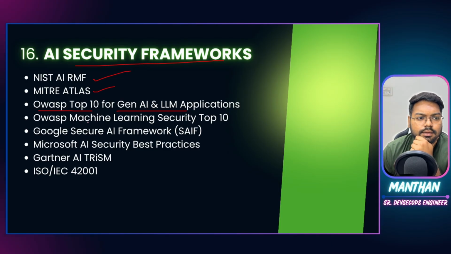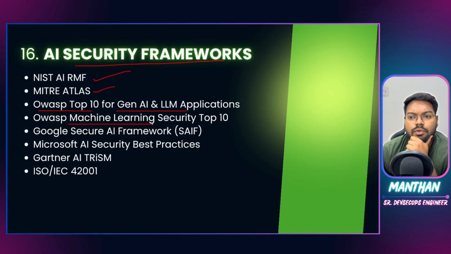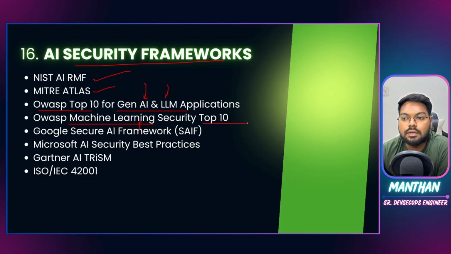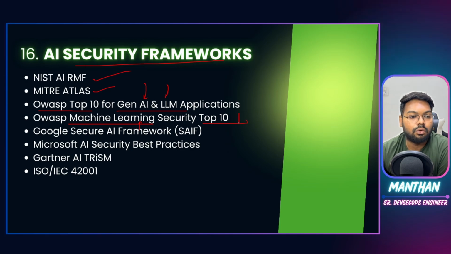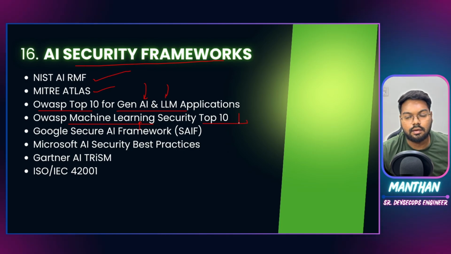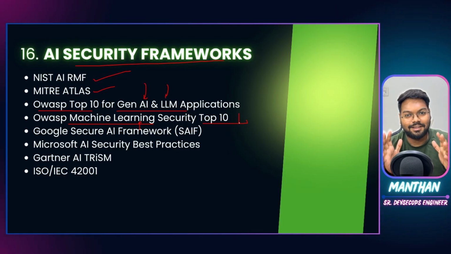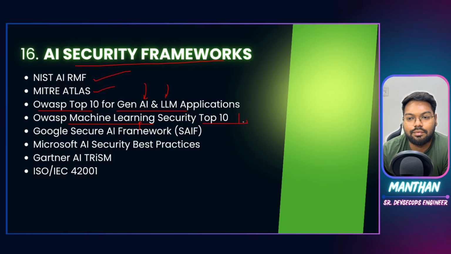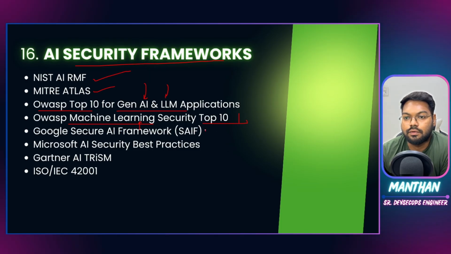Then there is something which is about machine learning. So GenAI, LLM, and machine learning security are both different things. Okay, don't confuse them, don't mix them up. So these are different lists. We will be discussing these lists again in a future video. So don't forget that this is an entire series on AI security and governance. We'll be looking at a lot of this new stuff.